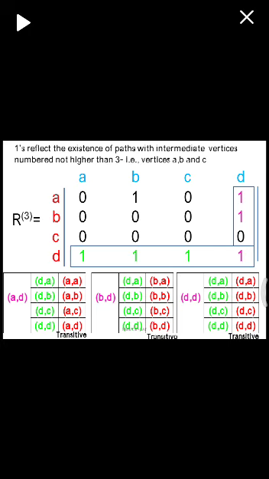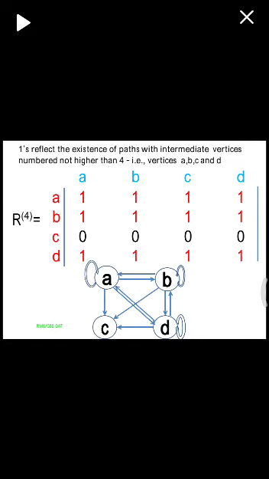Now here we got a total of 12 transitive edges which are indicated using red color, starting from AA till DD. So in R power 4 we need to write ones at these locations. So now I got here R power 4.